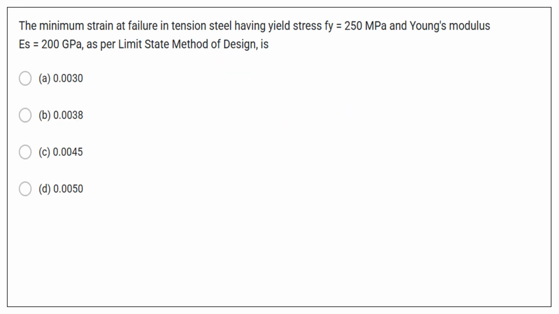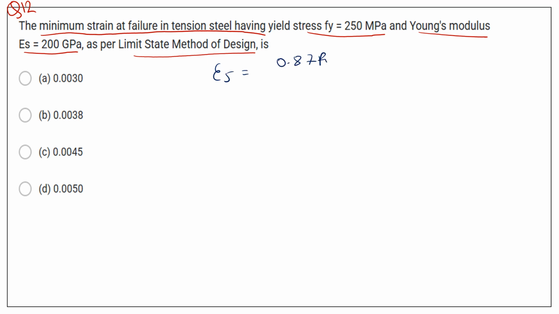The next question, question number 12. The minimum strain at failure in tension steel having yield stress Fy of 250 MPa, Young's modulus ES equal to 200 GPa, as per the limit state of design. The formula for that is sigma S equals 0.87 Fy divided by ES plus 0.002. So here Fy given is 0.87 into